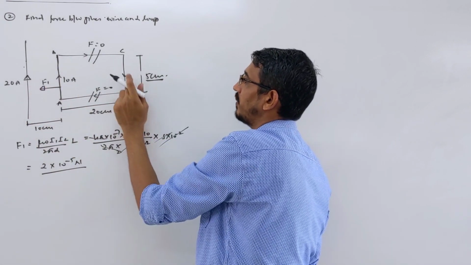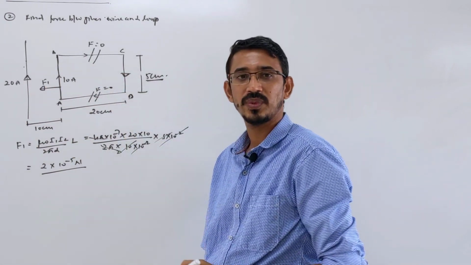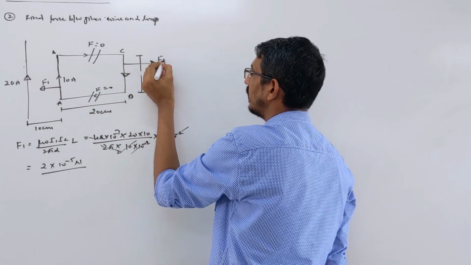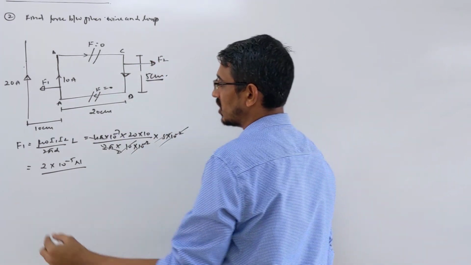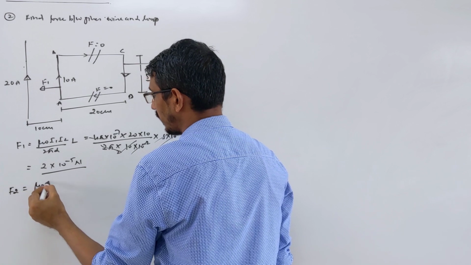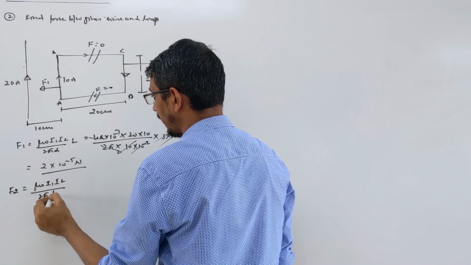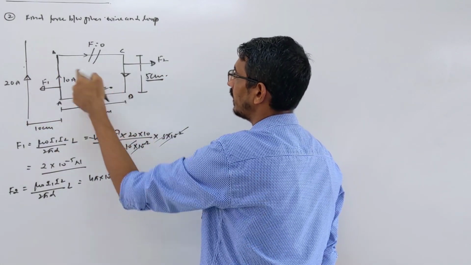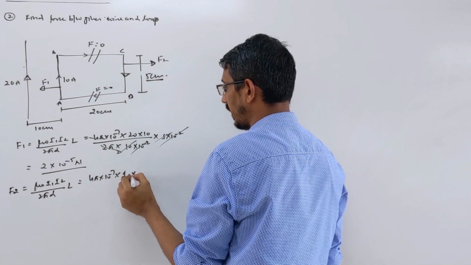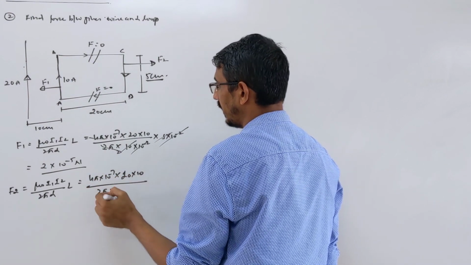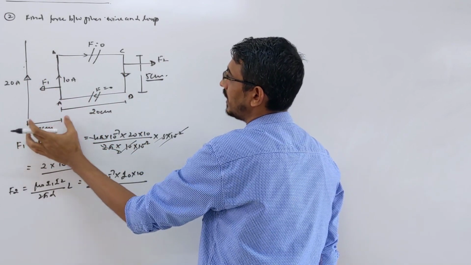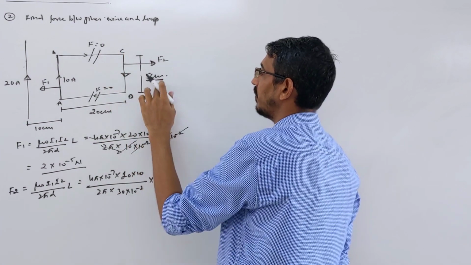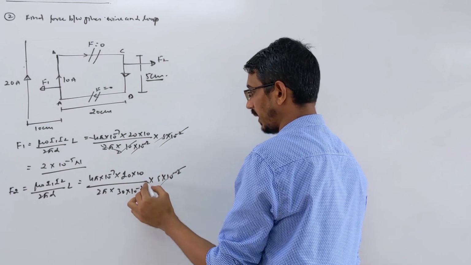Now we find this side. Look, this wire and that wire are again parallel, but the direction of current is opposite. Correct? It means this wire will repel that wire in this direction. Let's call it F2. Repulsion will happen. So what is F2? Same formula, mu naught I1 I2 by 2 pi d into length L. Mu naught is 4 pi into 10 power minus 7. Current 20, and here also flowing is 10 only. So 20 into 10, by 2 pi d. 2 pi d means what is the distance between this wire and that wire? 10 centimeter plus 20 centimeter, 30 into 10 power minus 2. What is the length of this wire? 5 centimeter, 5 into 10 power minus 2. Okay, cancel all these numbers.